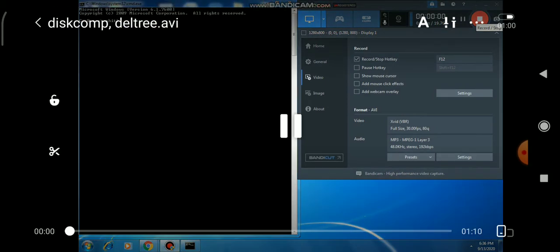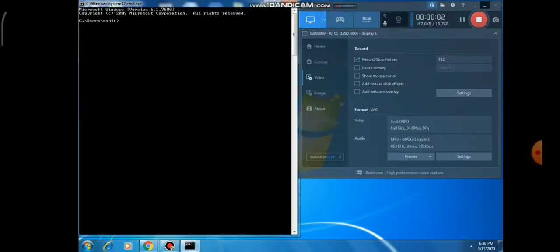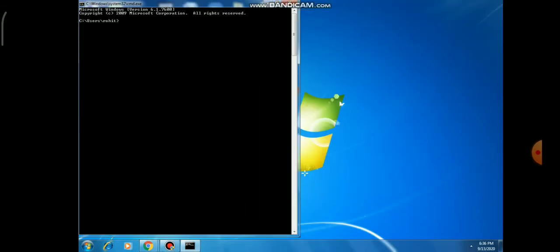Dear students, to use this command, first of all you have to write DISKCOMP. First, I am telling you how you can take help regarding the disk compare command. For that you can write diskcomp /?. With the help of this you can identify that it is used to compare the content of two floppy disks from one drive to another drive.